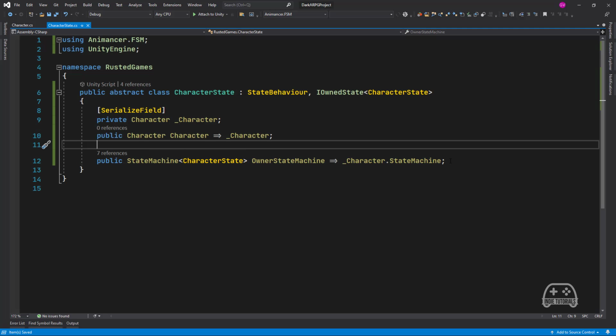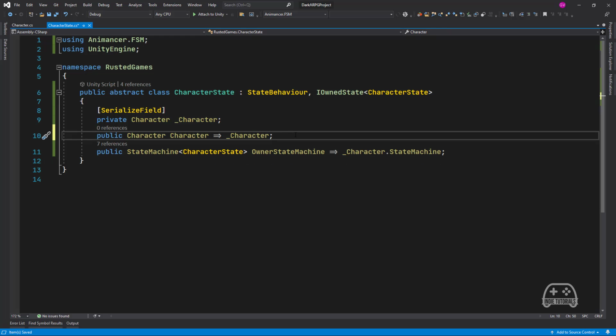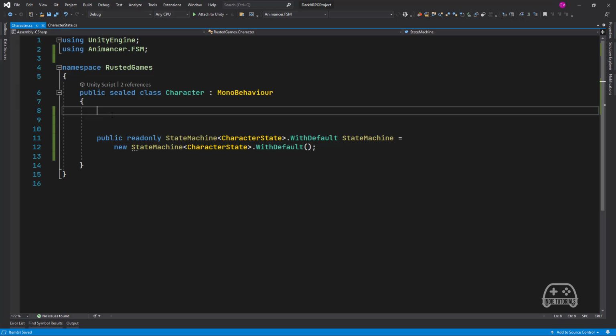Okay, StateMachine. Now it's not complaining anymore. And we are done with the CharacterState script. Now here in the Character script, we might want this also to be used as a base class for enemies, NPCs, anything that could have an animation finite state machine. So in that case, let's remove the sealed keyword,